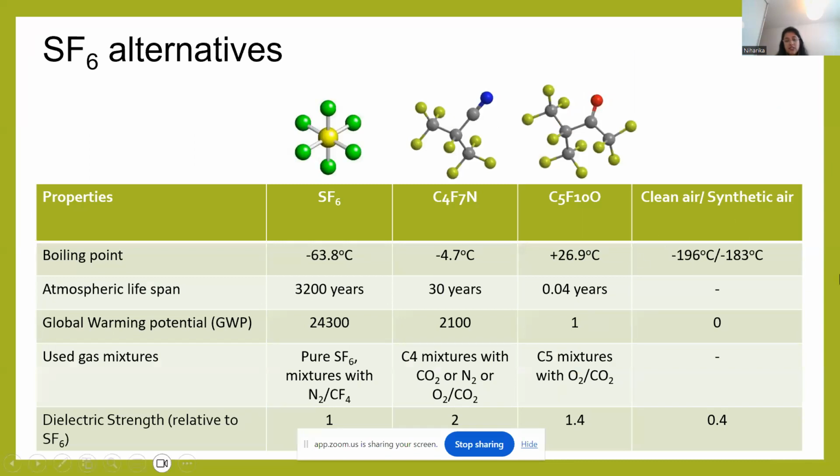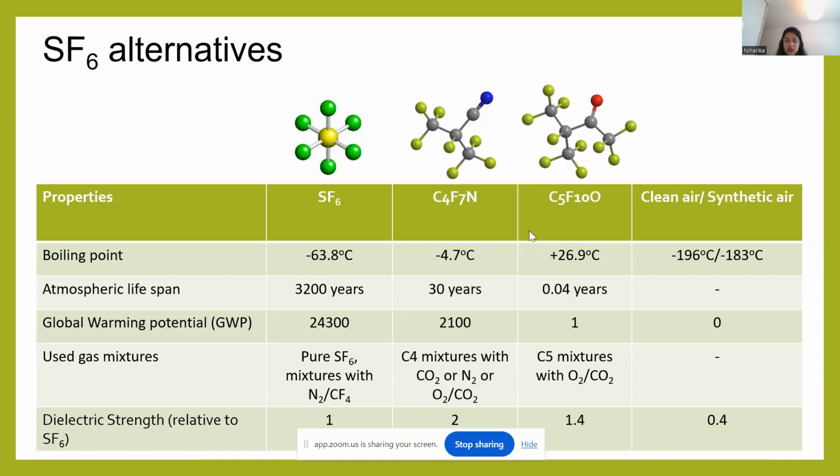So some of the alternatives that are being used are C4F7N and C5F10O, otherwise clean air or synthetic air. These are fluorinated compounds which have comparable properties when mixed with a buffer gas. When compared to SF6, they show similar dielectric strength, but some properties, like the boiling point, are lower as compared to SF6. So we need to combine them with a buffer gas like CO2 or N2 to come to a comparable position